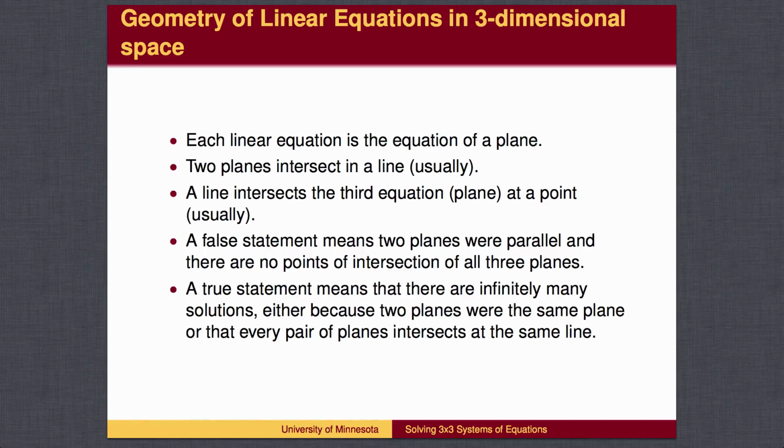Just as happened with the 2x2 system, we can have parallel planes with no intersection, or overlapping solutions giving a full line or plane as the solution. In most cases, the intersection will be a point.